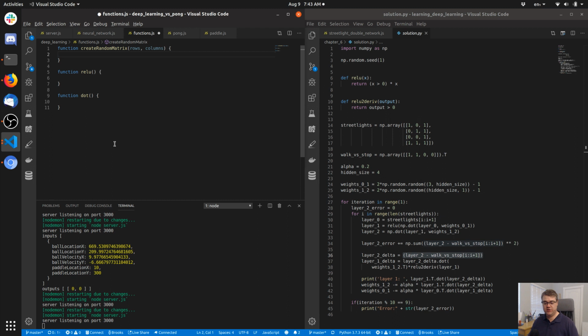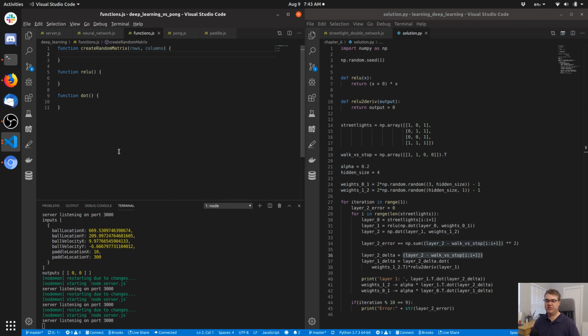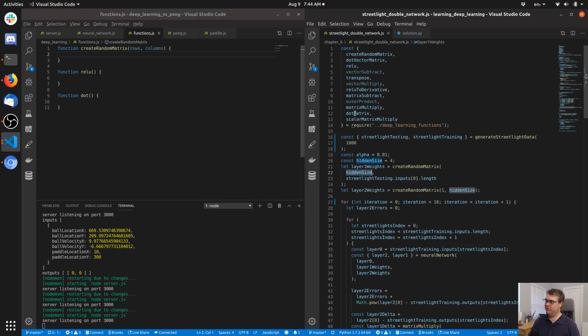The other thing we want to do is test-driven development for this, so that we actually know that the functions are correct. However, we do know that most of these functions,